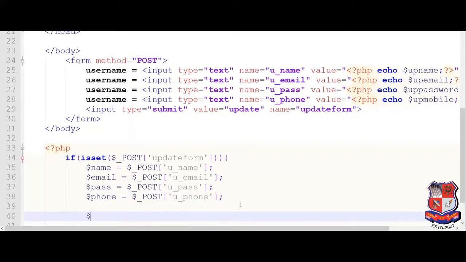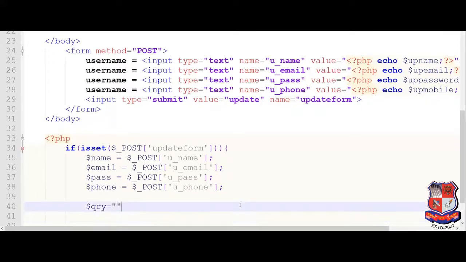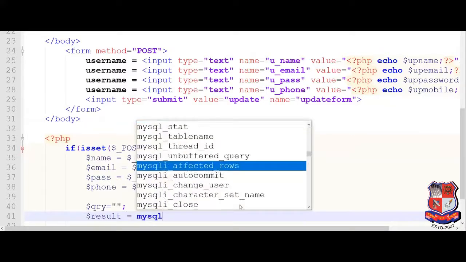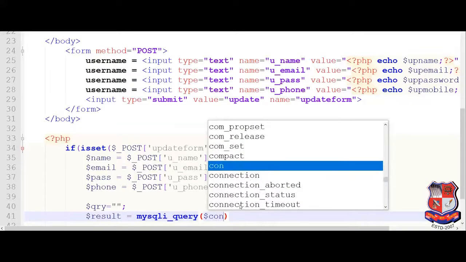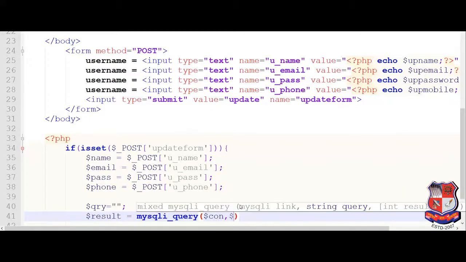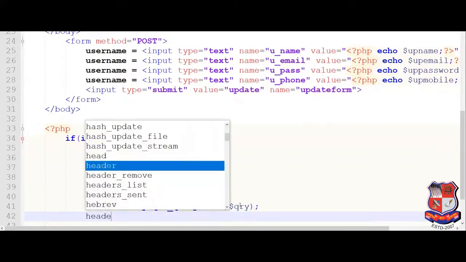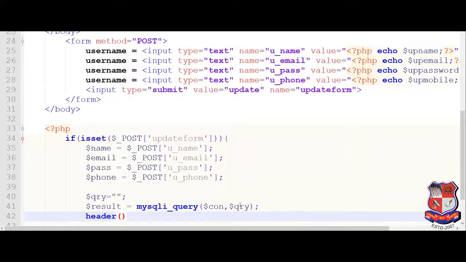Now we have to write the query. We all know that we have to write the query, run it, and store the value inside the result. So let's say mysqli_query, with the help of the connection variable, and the query string will go here. When it runs successfully, the header should redirect to the display page. So location: